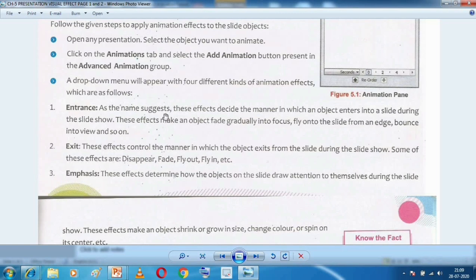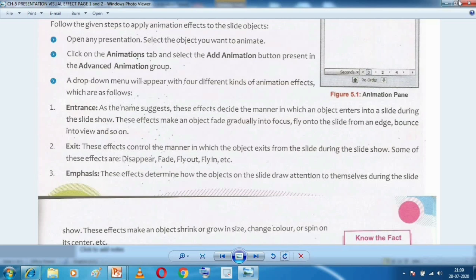In the movies also the hero enters, na, that is called the entry of the hero, right? So in our slide also, entrance suggests that these effects decide the manner in which the object that we are going to animate enters the slide during the slide show.